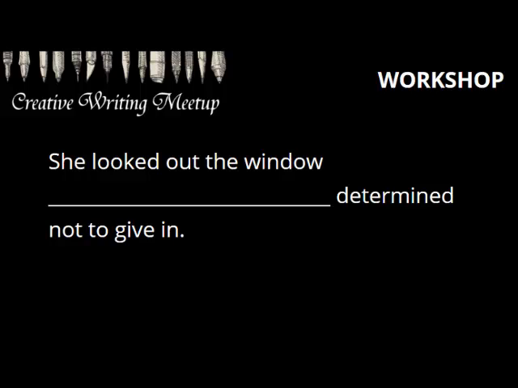How could you paint what she looked like, her body position, her body language, how she was sitting, the clothes she was wearing? Maybe she's not sitting, maybe she's standing. I don't know. How are you going to paint that to help us understand that this character was thinking, I'm not going to give in? You can hit pause and work on it.